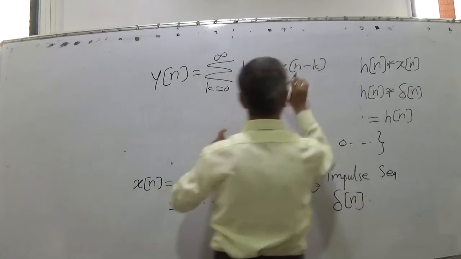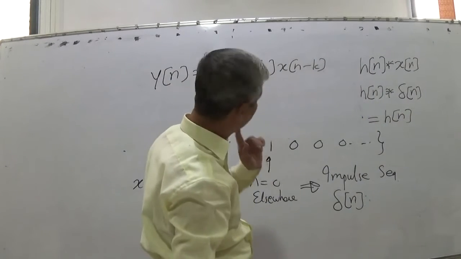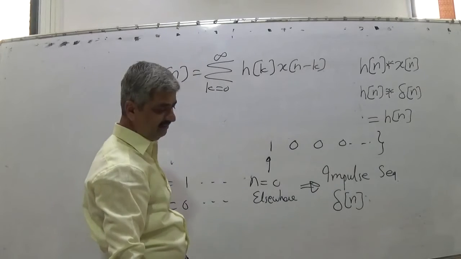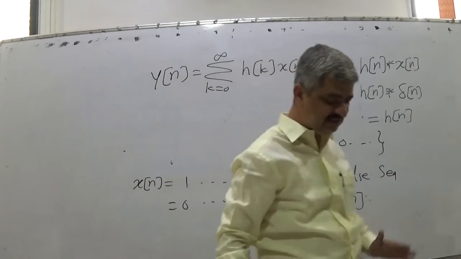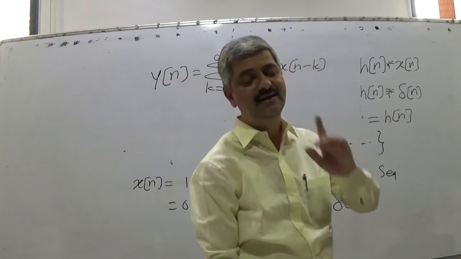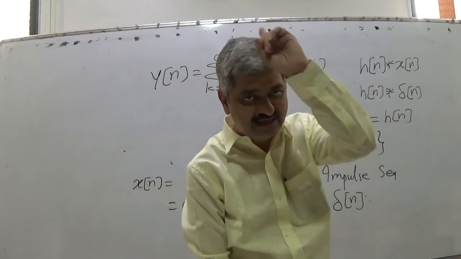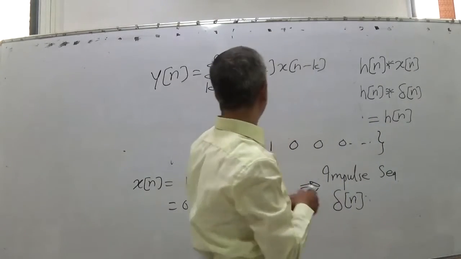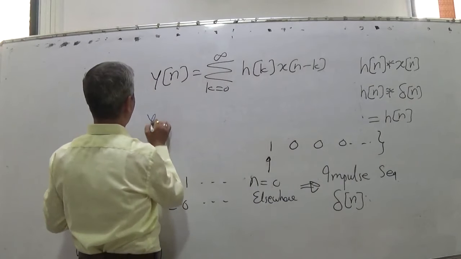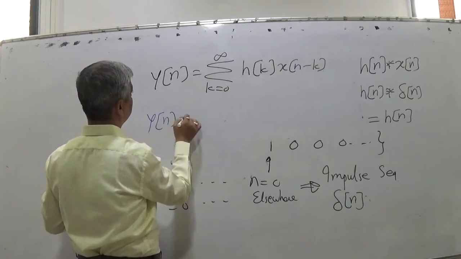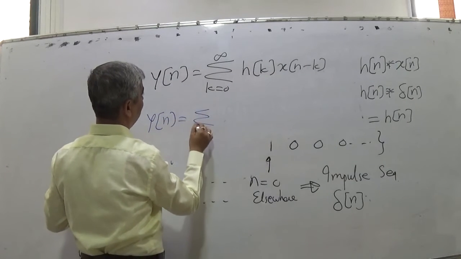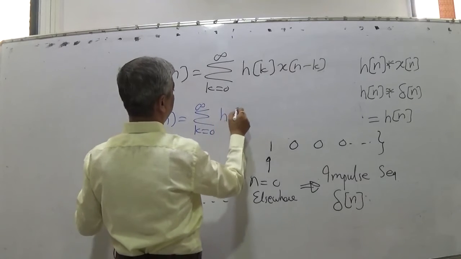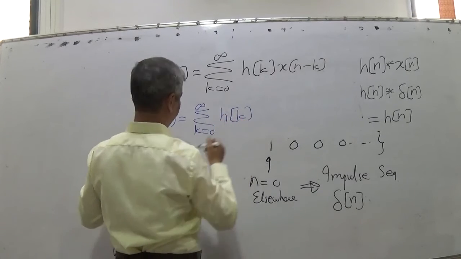So x(n minus k) is such that it is 0 elsewhere, and only 1 at n equal to 0. In that case, what we get for y(n) is the summation for k equal to 0 to infinity of h(k)